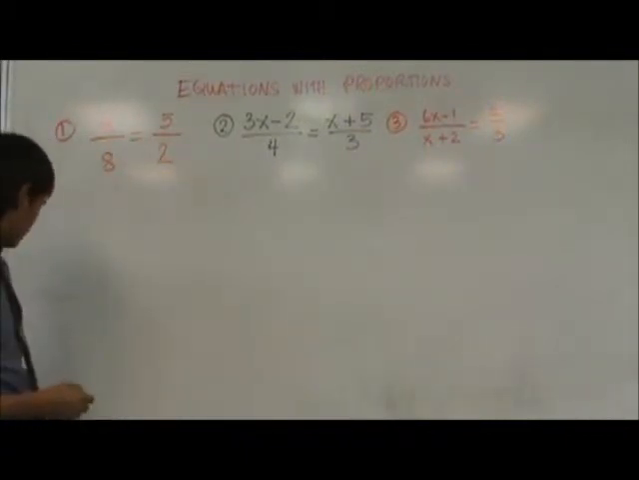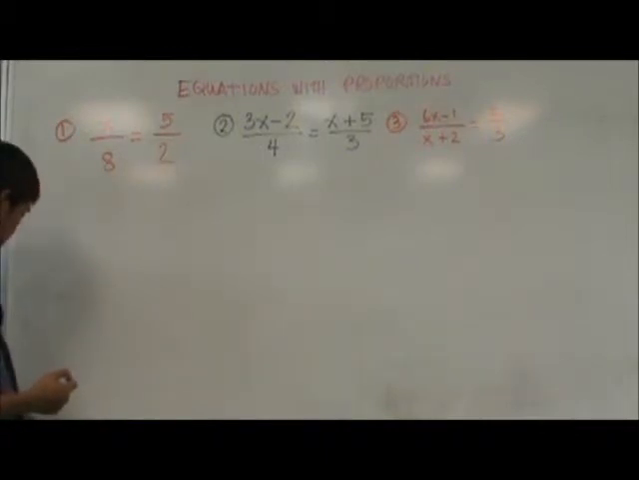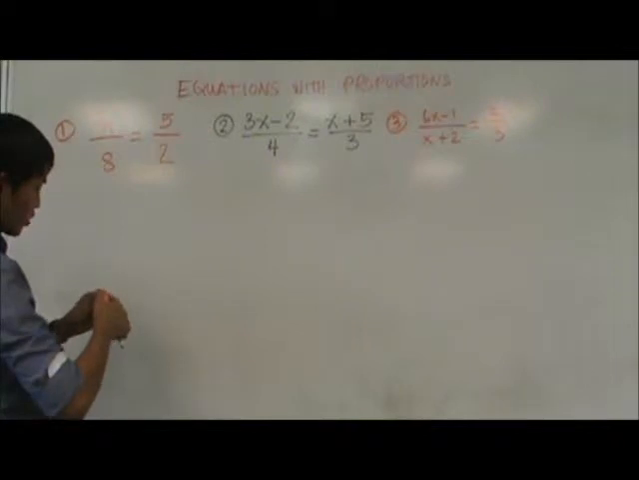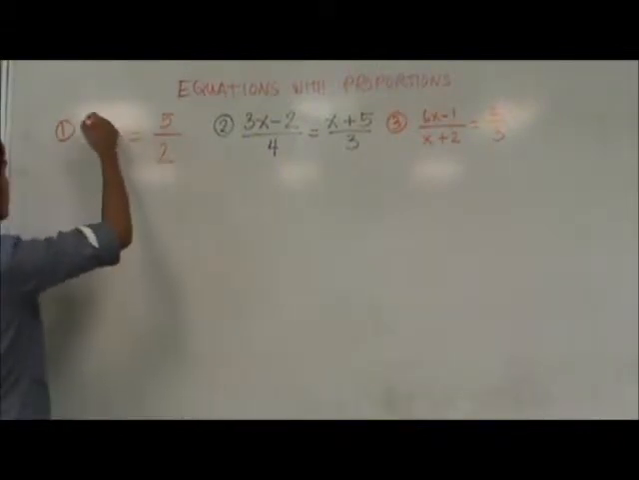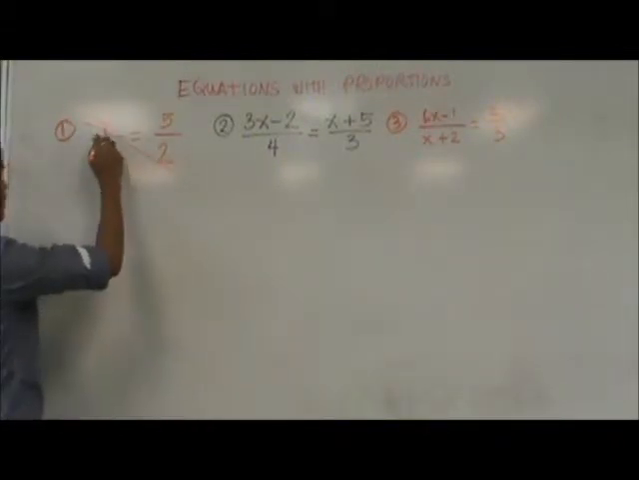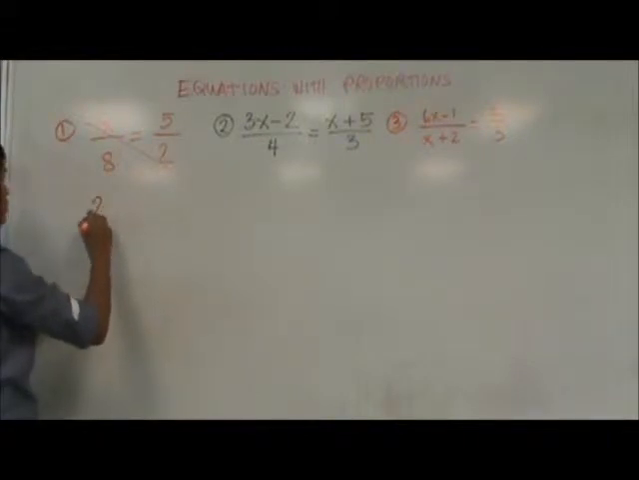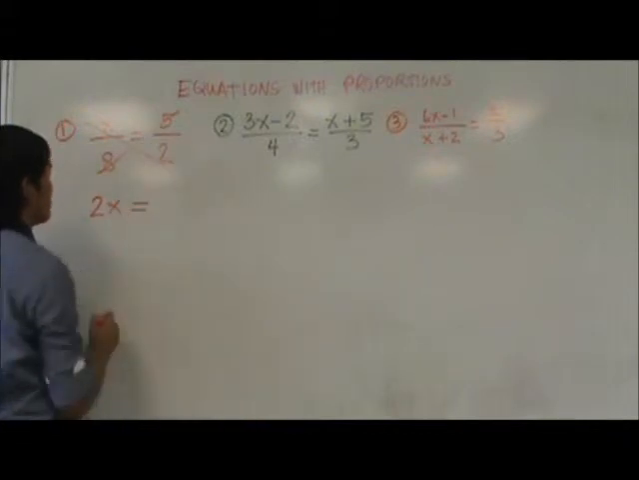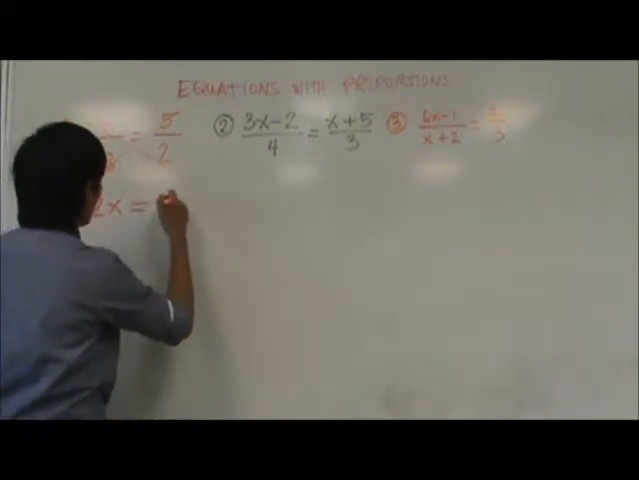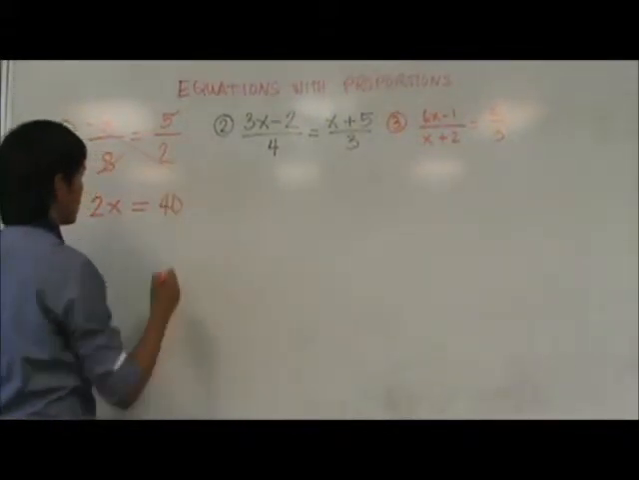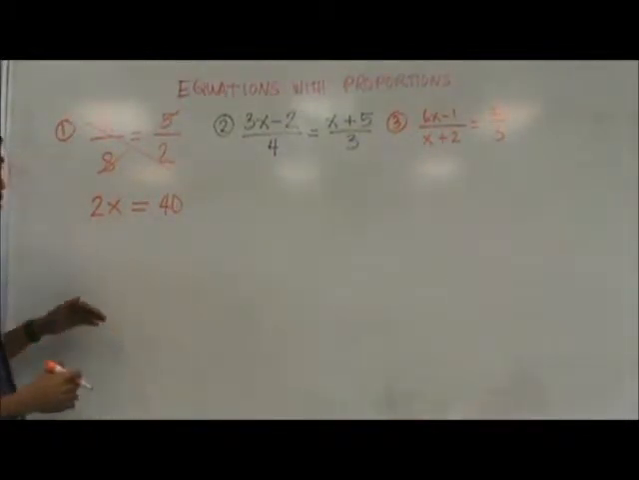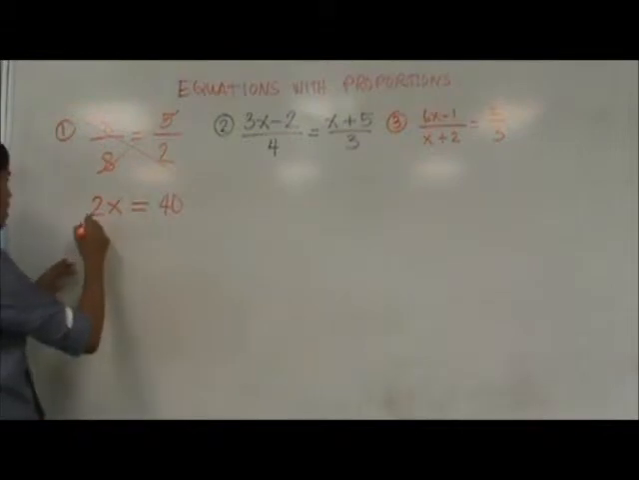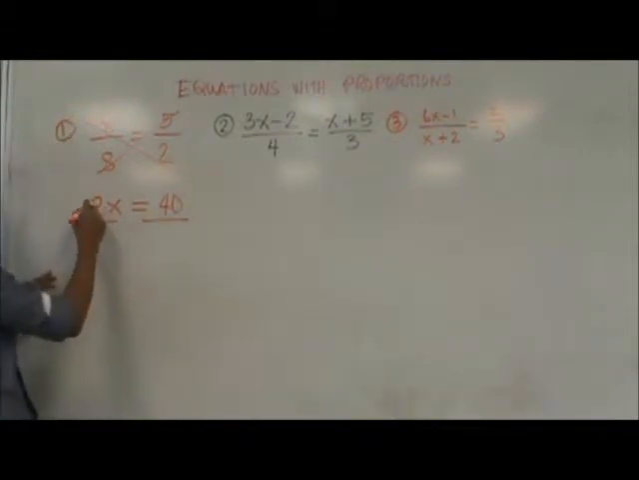To solve for x, to solve for the variable, first we have to cross multiply. Cross multiply, here we go. So x times 2 should give you 2x, and now we have 8 times 5 is 40, and because we want to have x alone, then we need to get rid of the numerical coefficient